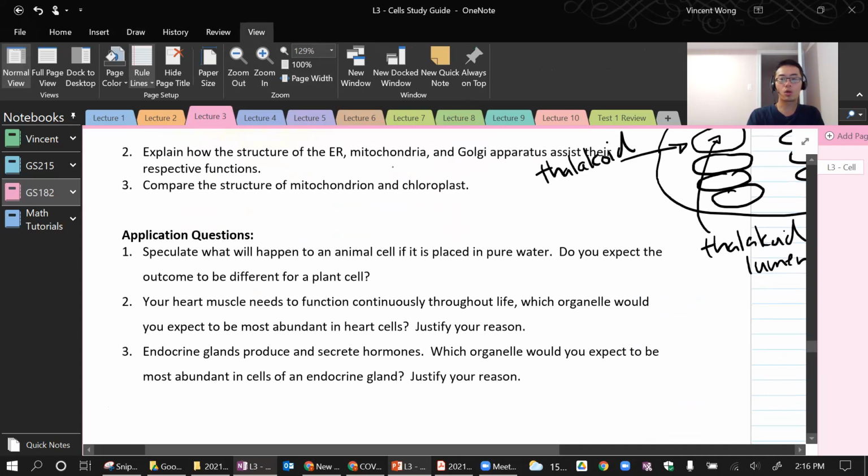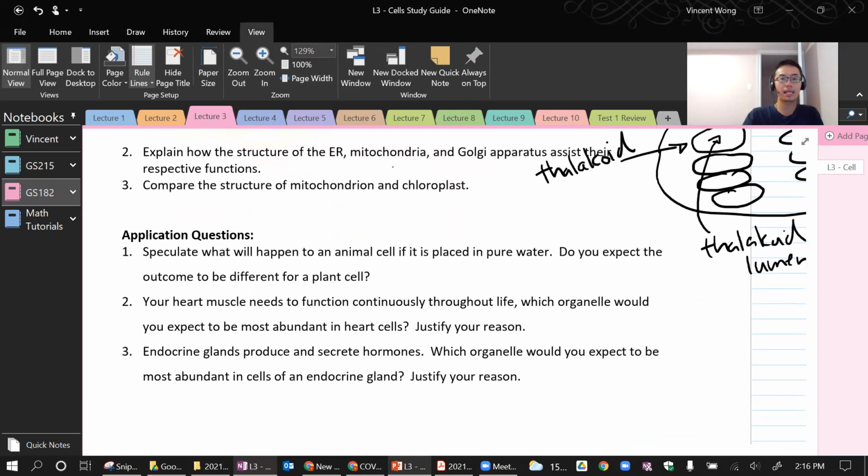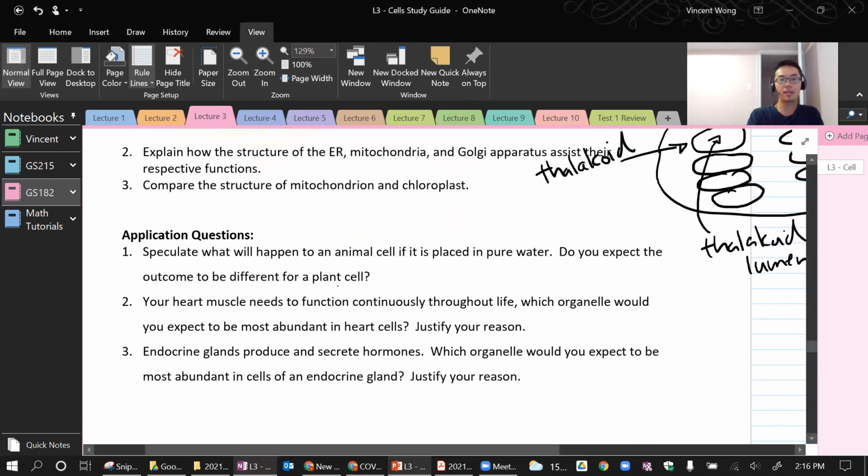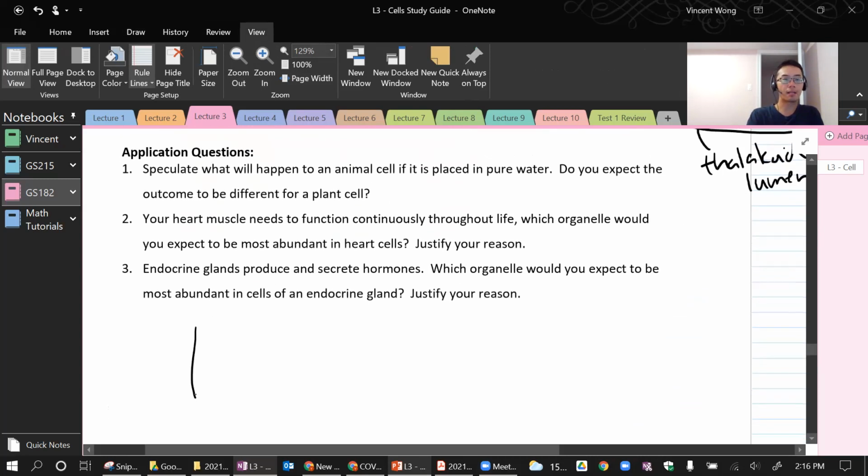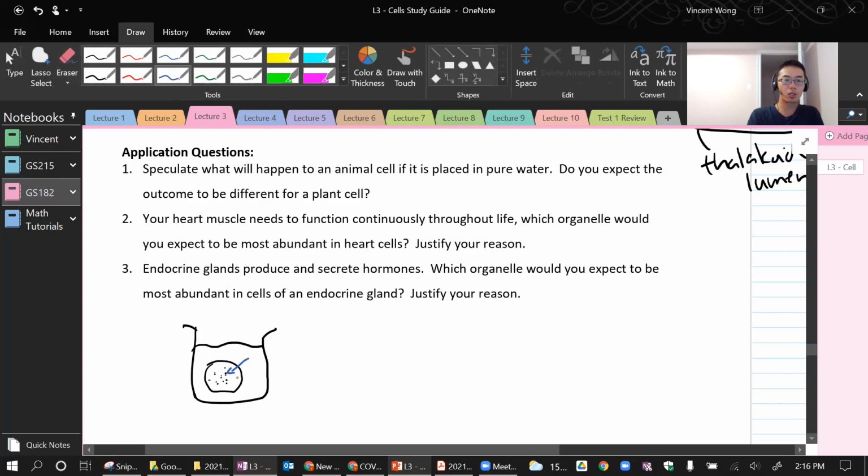Let's talk about these application questions. First one, speculate what will happen to an animal cell if it is placed in pure water. We sort of mentioned this earlier. If you have water here and you put an animal cell in it, because animal cells have a lot of stuff in them, like the organelles and nutrients, the water will try to go in and dilute the contents of the cell. What ends up happening is that the animal cell will swell